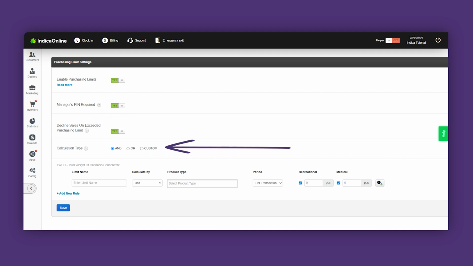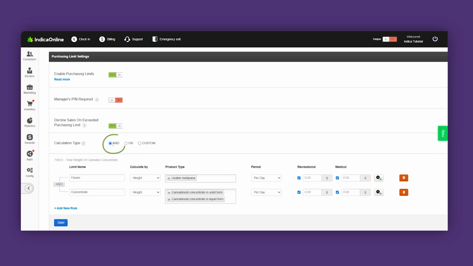Below the above-mentioned toggles, you'll find a calculation type selector. Here you can choose the calculation logic for your limits. "And" calculates limits individually, per indicated product type. Let's say I've got limits set up in the following way: 5 grams of flower and 5 grams of concentrate. Me buying 2 grams of flower will leave my limits with 3 grams of flower and 5 grams of concentrates,